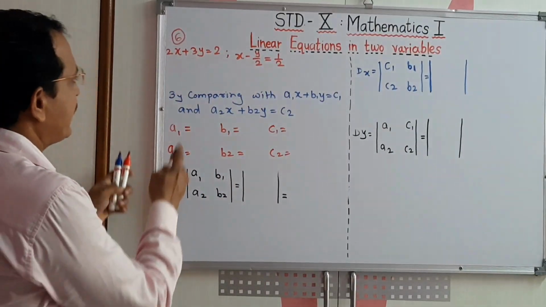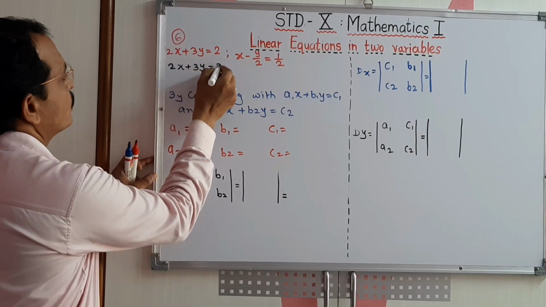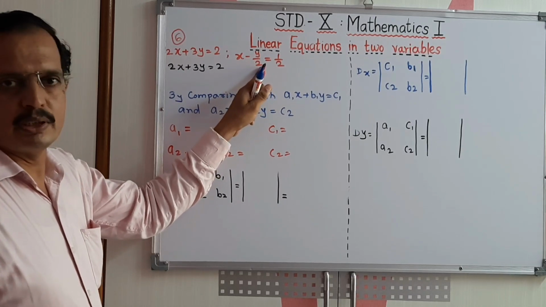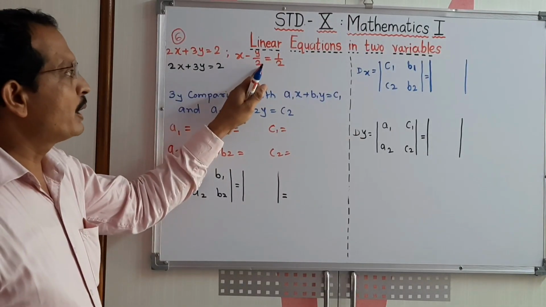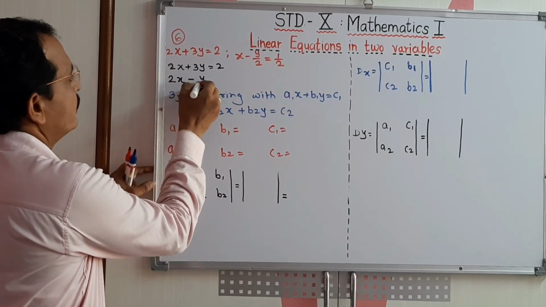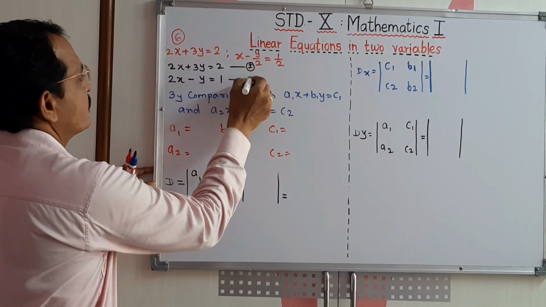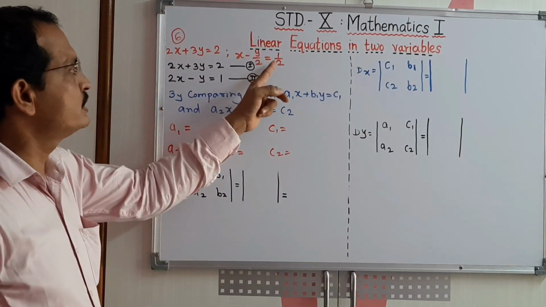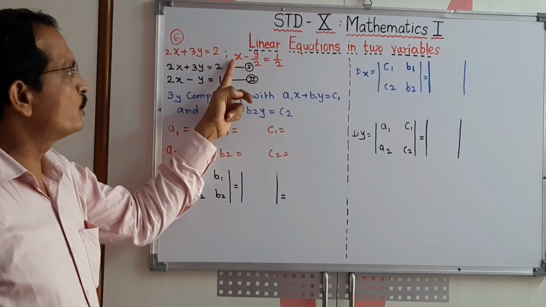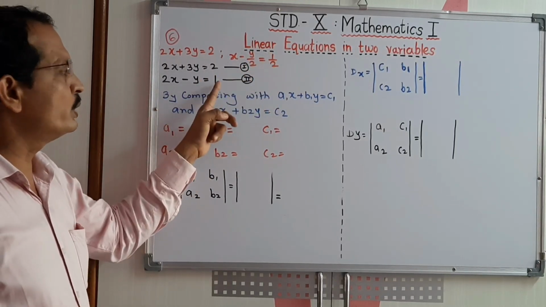Therefore this equation we write as it is, 2x plus 3y is equal to 2. We have to make a little change in this. We have to eliminate these two, that will be easy to solve. Therefore we multiply by 2 on both the sides. Then we will get here 2x minus y is equal to 1. This is equation number first and this is equation number second. To eliminate this we multiply each term by 2. Therefore 2 into x is 2x, 2 into y upon 2, the 2s get cancelled, it is y, and 2 into 1 upon 2 it is 1.